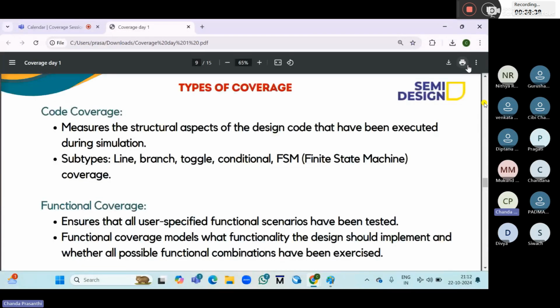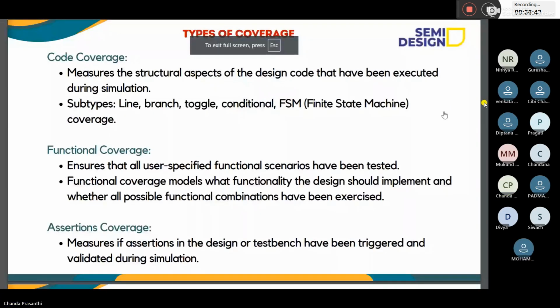Okay. So next, types of coverage. What are the different types of coverage? First is code coverage. I already told, right?